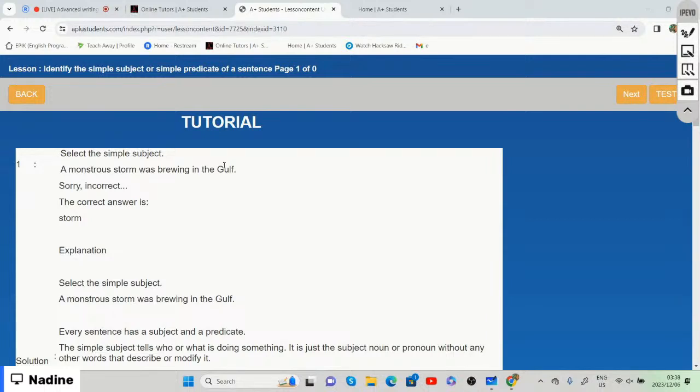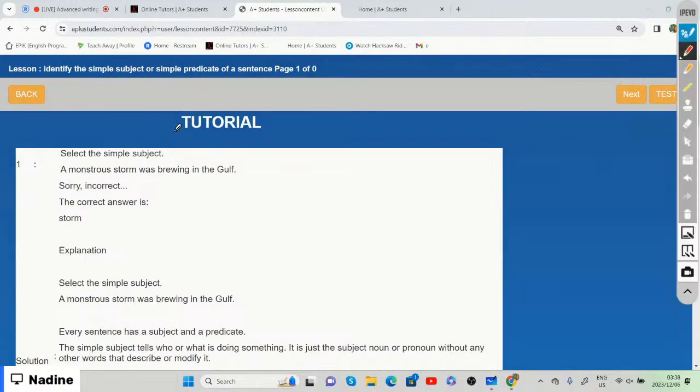What is the simple subject within that sentence? If we select the simple subject, then we will say storm,